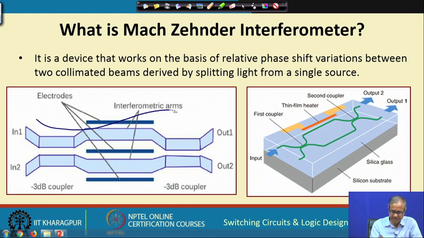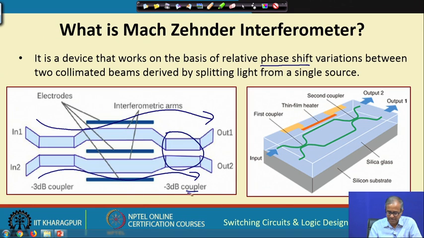One is via here, the other is via here. So, some optical beam which is coming gets split into two parts and they follow two different paths, and in between these two different paths there can be some phase shift,